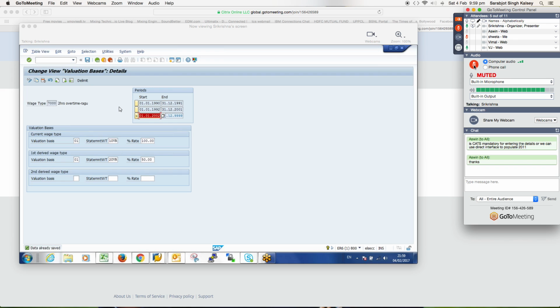I think in tomorrow's session we will generate some time-based tests, and we'll try to do the same exercise for those, evaluating those wage types. Apart from that, instead of using the standard X010, X013, and X015, we'll try to